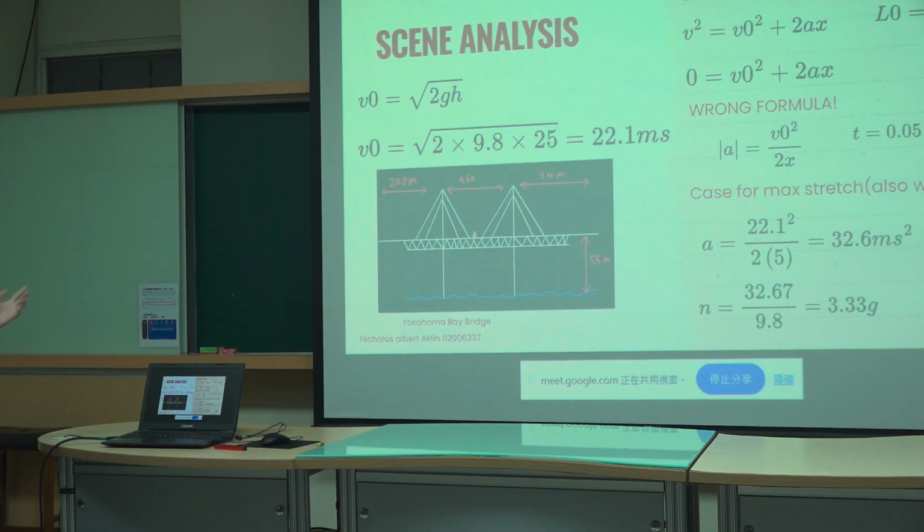So first we calculate the speed, which we have 22.1 meters per second. And this visual image shows the real height of the Yokohama Bridge. There I already stated the wrong formula. So in here, at first I tried using Hooke's law, sorry,